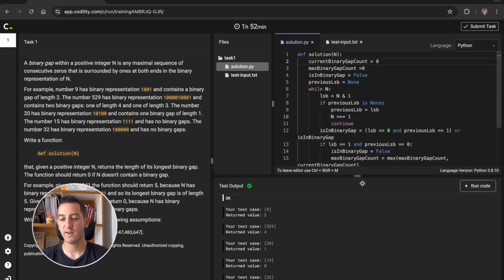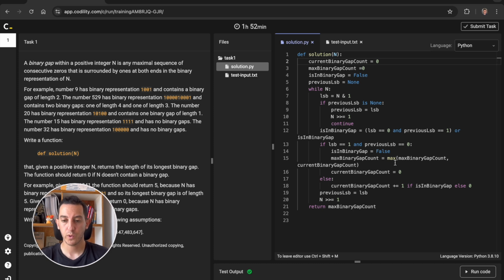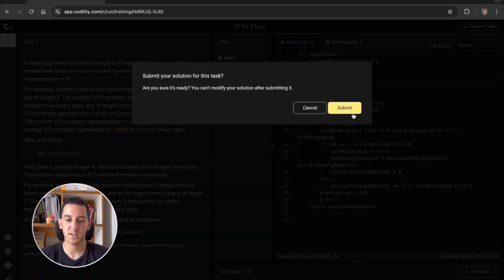Okay, so once we have our code running and working, we'll need to do a small analysis of the time complexity of this algorithm. Because it's just a binary representation of a number which has at most 32 bits, the time complexity will be constant time because at most, in the worst case scenario, it will only iterate over the while loop 32 times, which is a constant number. So we get that the efficiency of our algorithm is O(1), which is absolutely great, the best case scenario. So now that we have our code, we can go ahead and submit our task.